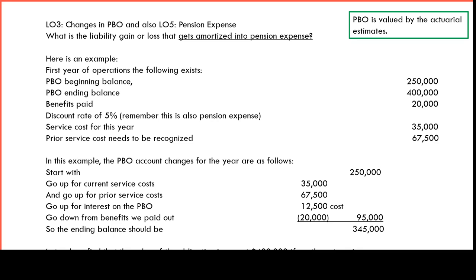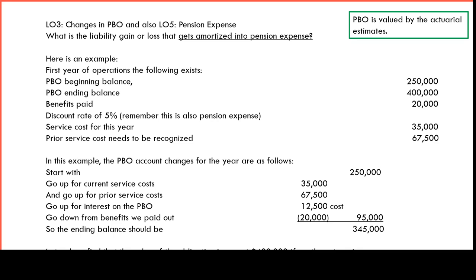And then they say we need to recognize our prior service costs in our pension. And so this is an additional amount which we are going to put in there. I'm assuming this is the amortization of prior service costs. As I said before, I really don't want you to spend too much time on prior service cost and amortization of it. So here is your walk forward then, and your ending balance,